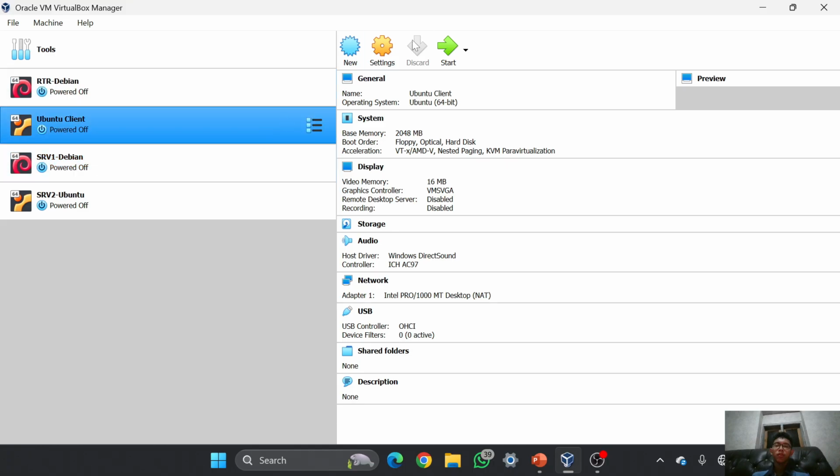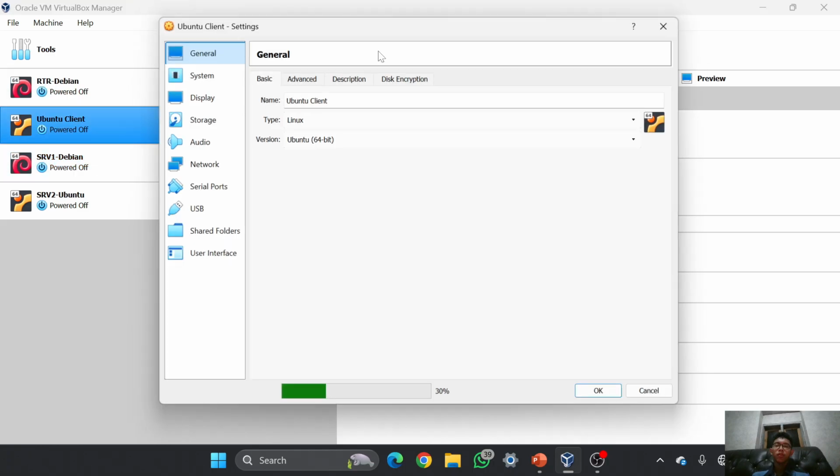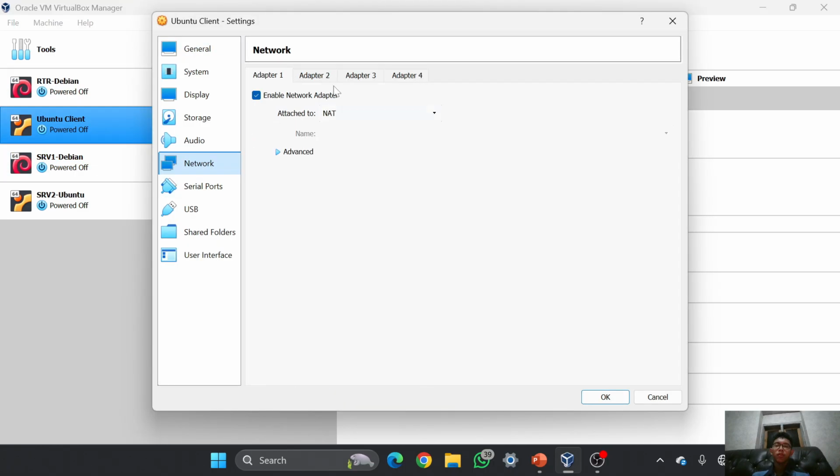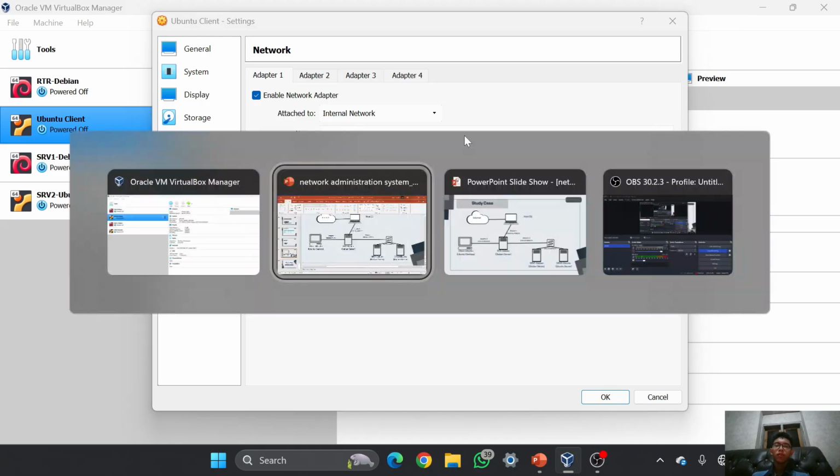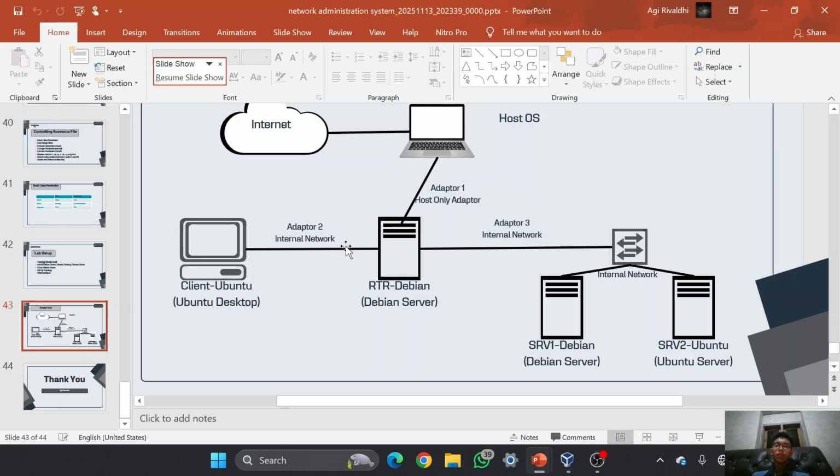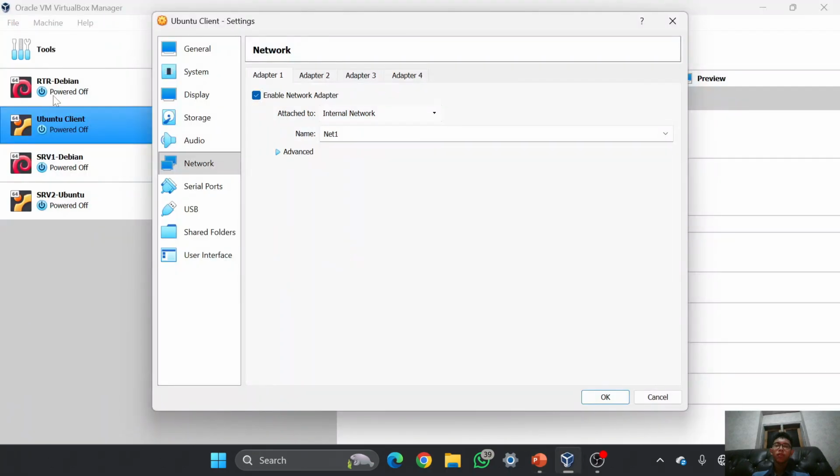And in the Ubuntu client I will set the network, which is adapter 1, to internal network. Then the name I will configure the same as the port it connects to, which is adapter 2. In the router Debian adapter 2, the name of the internal network is net1, so I will configure it as the same one, net1, and then okay.